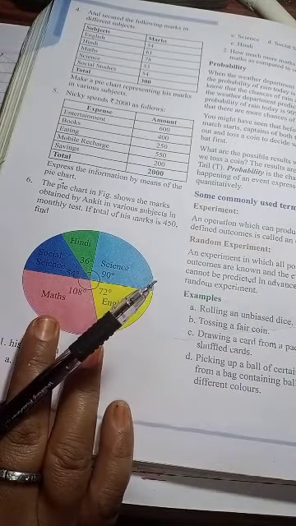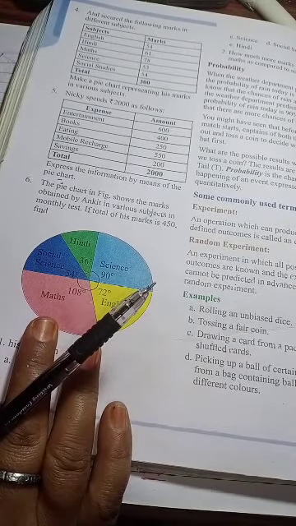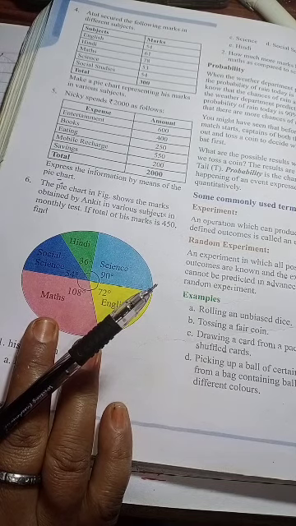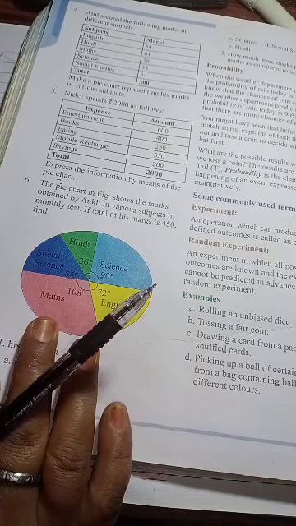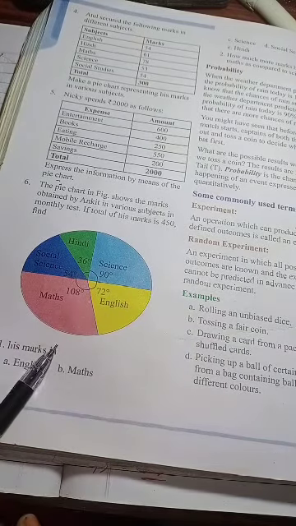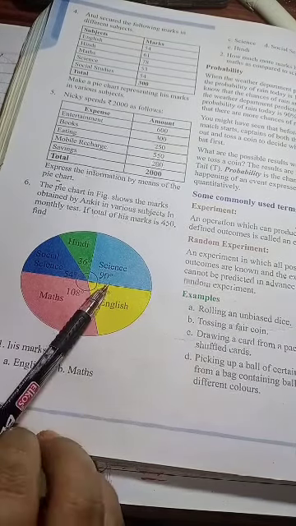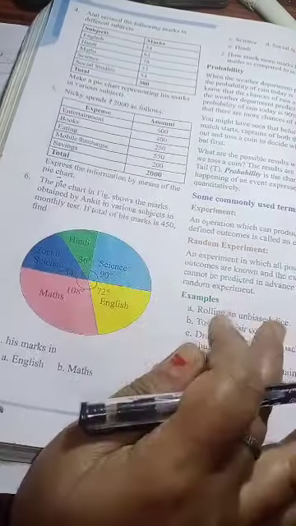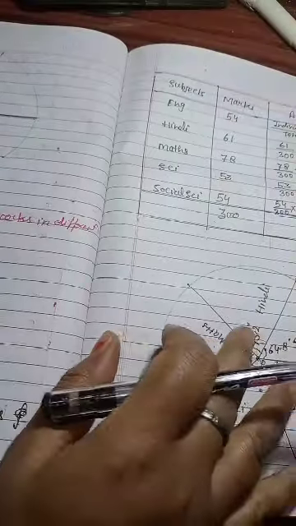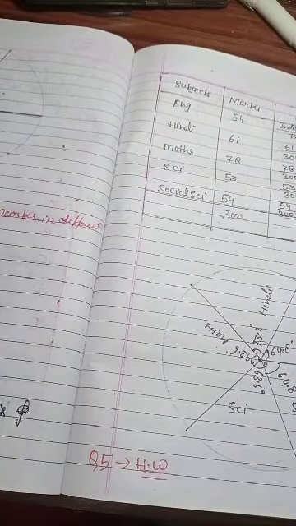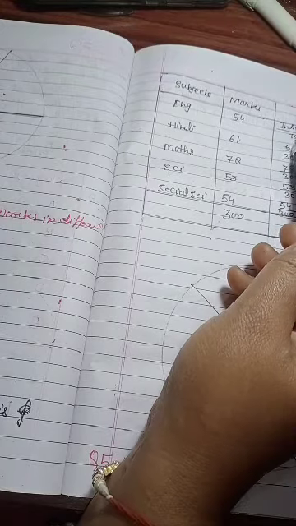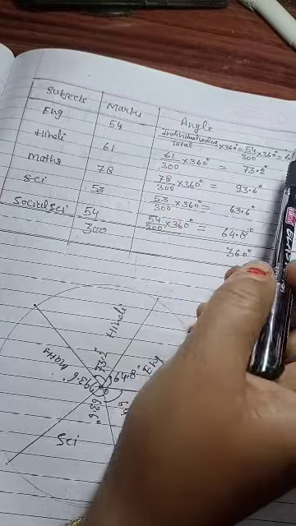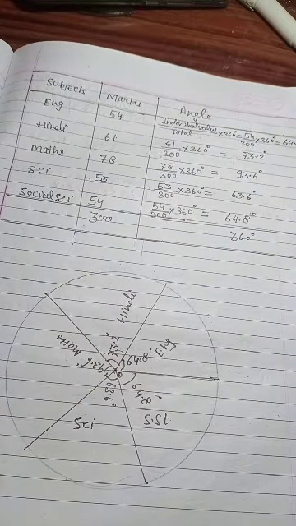In your book another question is not like that, but I will try. I will send you one question. Okay, one or two questions if I find. So that you can do those questions. Okay, beta, now see what we will do in this question. This time central angles are given, the pie chart we are having, and we have to find the individual value. I generated one formula, beta. I am just telling you how we were finding the central angle previously. This time the central angle is with us.